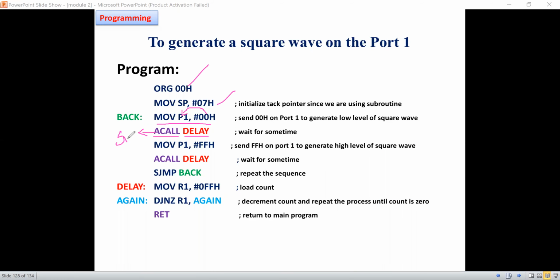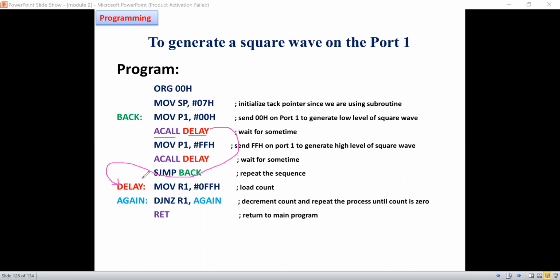This is your subprogram, your subroutine. Once you provide ACALL delay, the control will move to here.